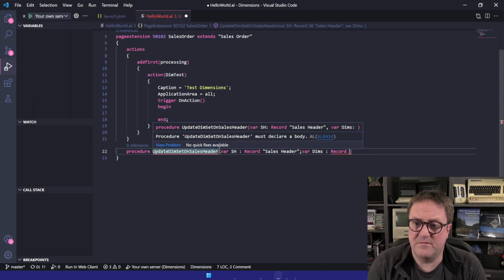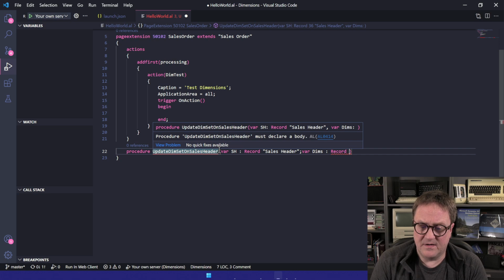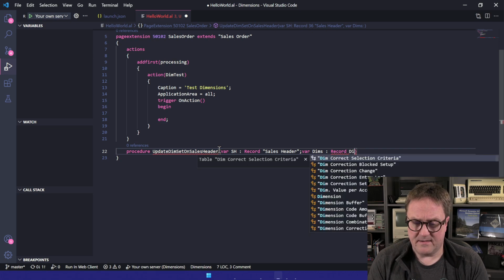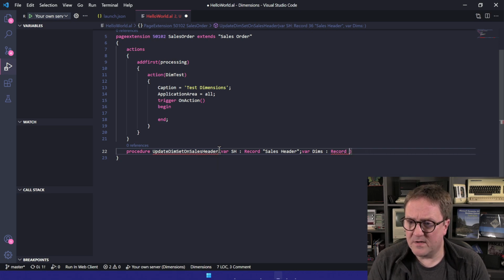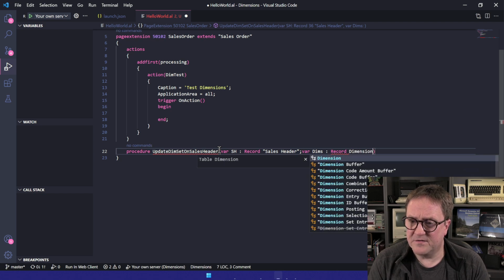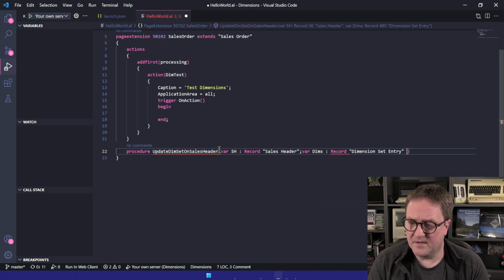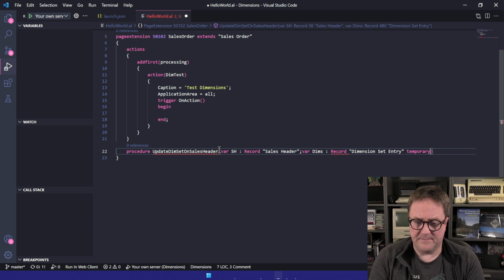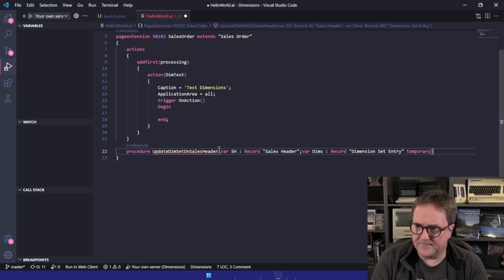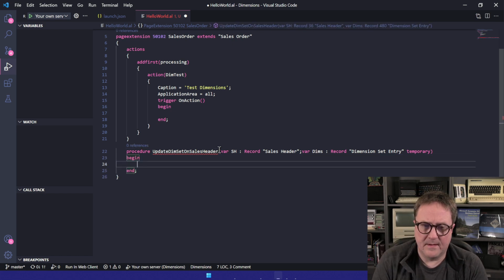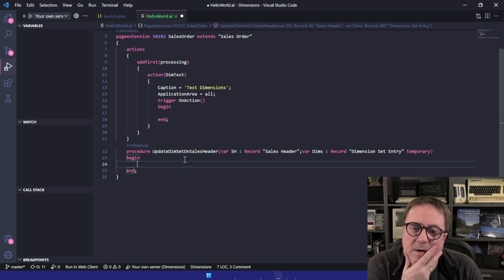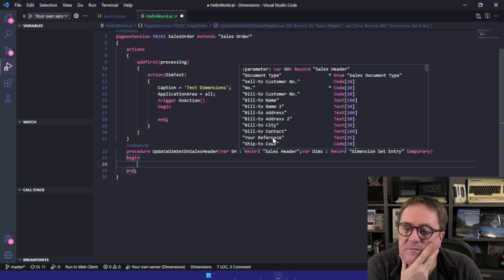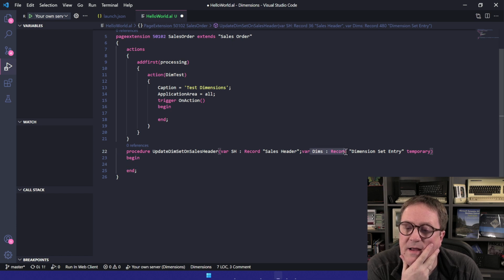So if we pass the function a dimension, let's see if I can spell dimension set entry temporary. So we want this function to update the dimension set on the sales header, and we want to add these dimensions